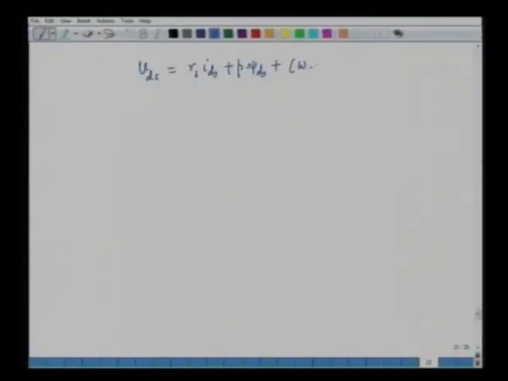Omega minus omega r into psi qs, VQS equal to omega s into psi qs,